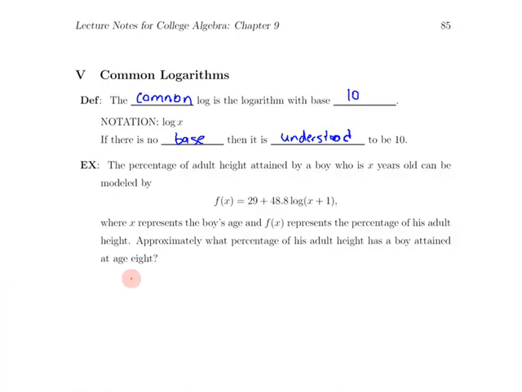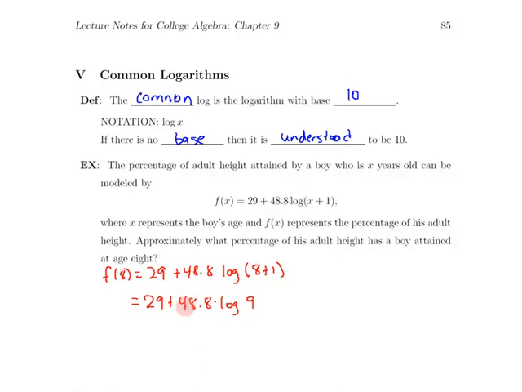To figure that out, just plug in x equals 8. So f of 8 would be 29 plus 48.8 times the log of 9. Now, how do I get 9? 8 plus 1. So 29 plus 48.8 log of 9. Now, I'm going to go to my calculator for this. My calculator knows how to do the common log. I will do it first and then multiply. So log of 9